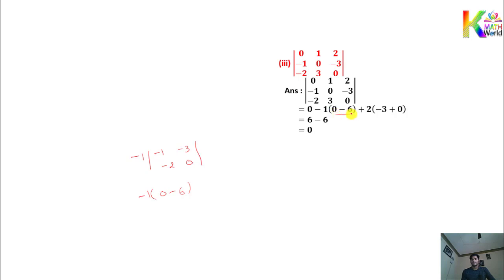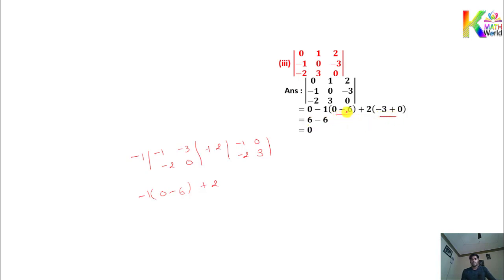That thing you can see here. Okay, then with plus 2, by the same way, it lies in which row? First row, last column. So eliminate it. So what is left now? Minus 1, 0, minus 2, 3. Now you can easily calculate this one. So with plus 2, you got how much? Minus 3, minus 3, minus 0. Minus 0 or plus 0, it doesn't make any difference. So you got this one.